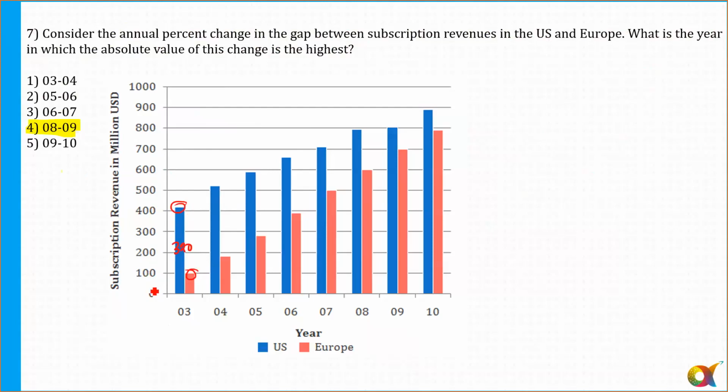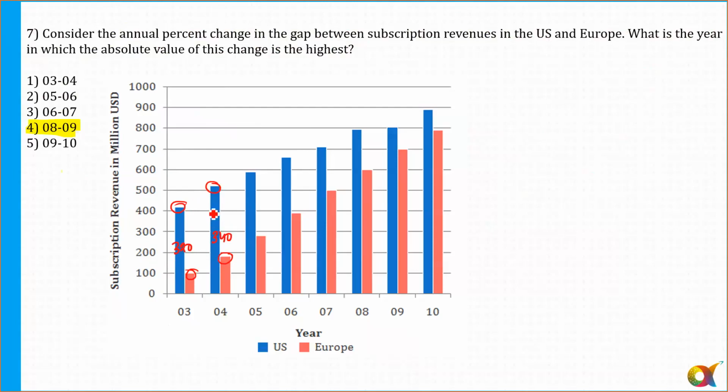Okay. Now, next year, if I look at here, this is the gap in the year 2004. What is the gap in the year 2004? This is approximately 520. This is 180. So 520 minus 180, that is approximately equal to 340. Okay. So this is 340. So similarly, I can find out the gap for all of the years. So here it is approximately nothing but 320, 340. Okay. All right. That is clear.